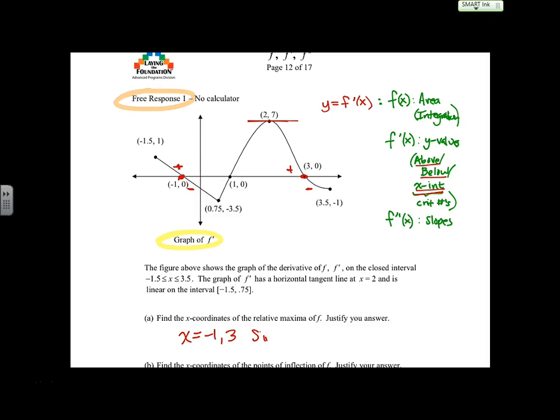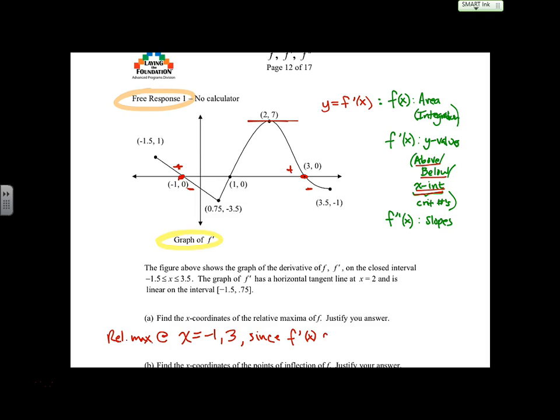Since, you could say relative max at, since should no longer be capitalized, I know I'm just being picky now. Since, how did you guys justify? This is half the battle, half the points. The signs of f prime. Since f prime